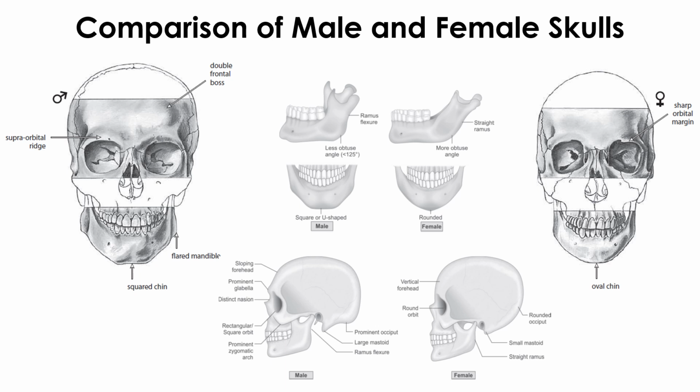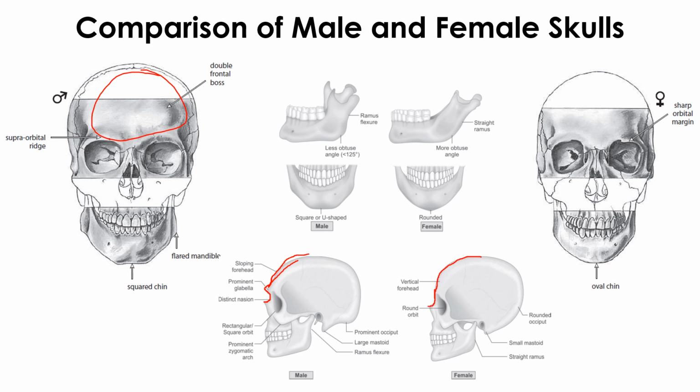The comparison of male and female skulls. So here is the male skull and here is the female skull. Basic differences. First let's proceed with the frontal bone. The frontal bone in males is sloping, in this particular structure, and for females it is vertical, passing through and becoming vertical. The glabella here is prominent, and then it gets depressed again, rising for the distinct nasion. For females it's not like that, it's a straight vertical going directly to the nasion.